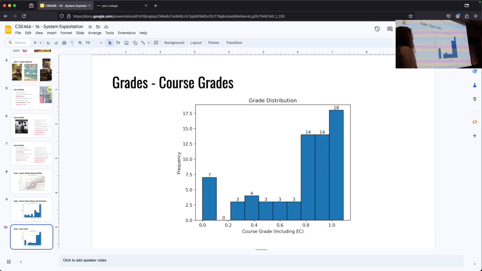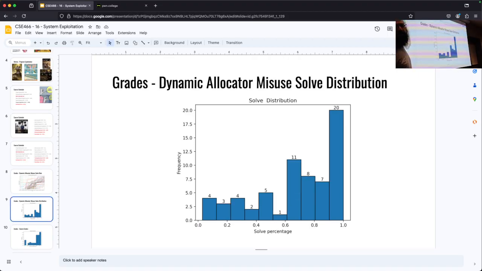Course grades. Now this is including extra credit, while the prior ones were not. I think that's worth noting if you're comparing these two graphs. You can't get more than 100% on an individual module, so when I bucket it into a histogram of 10 buckets, the highest one could get on a module is 100%.